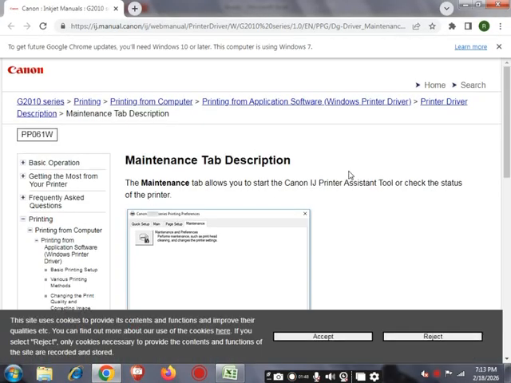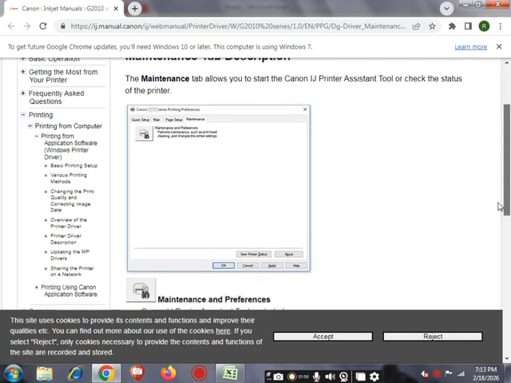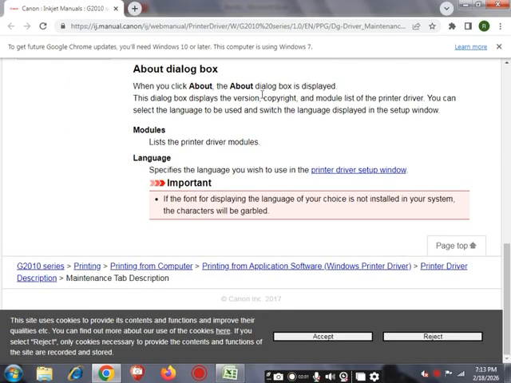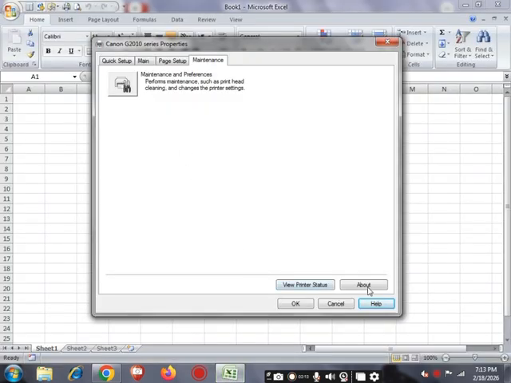This is the maintenance tab description. When you click on it, you can scroll up and down, and you can read every piece of information that you want about it. See, these are the links. You can click on any link and get more information about it. So, coming back to our command, after setting all these things, we will go to the next option.